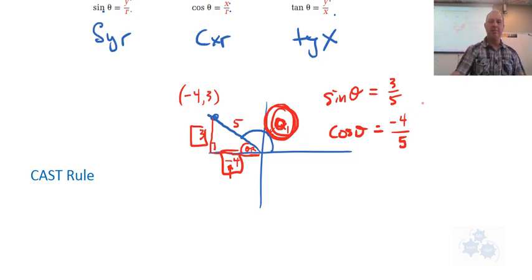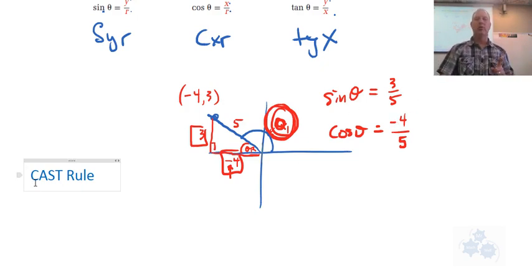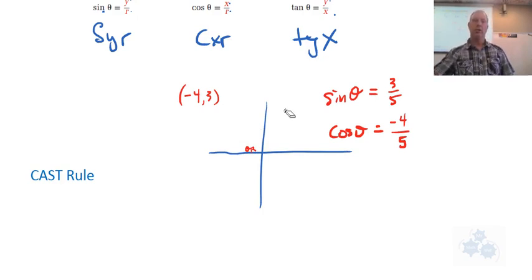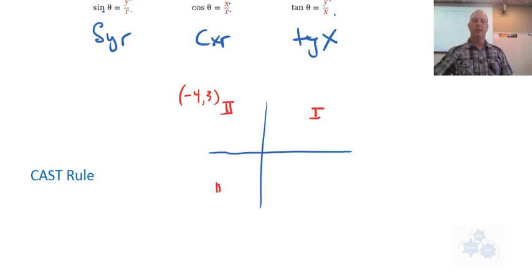Now how do we remember all that? The CAST rule helps us to remember. So let's say we are told that the angle is in the second quadrant. Let me just erase some of the stuff for you. So we're told that the angle is in the second quadrant. Here's the first quadrant, here's the second quadrant,